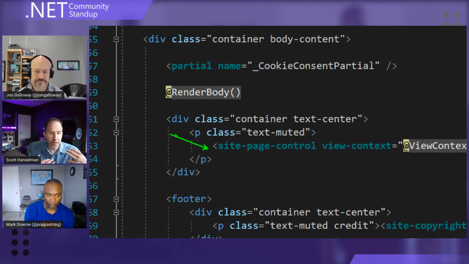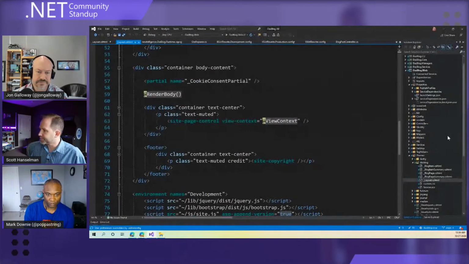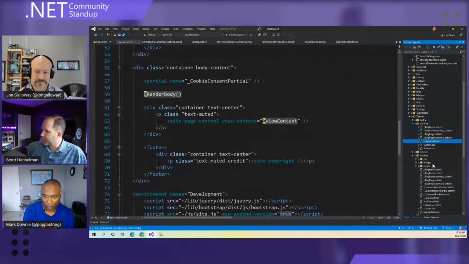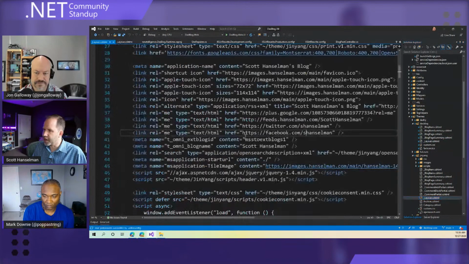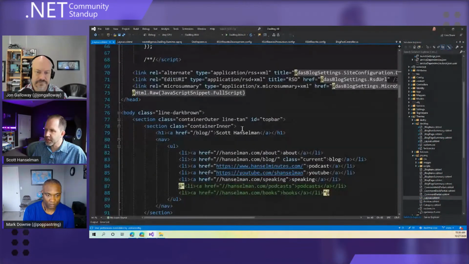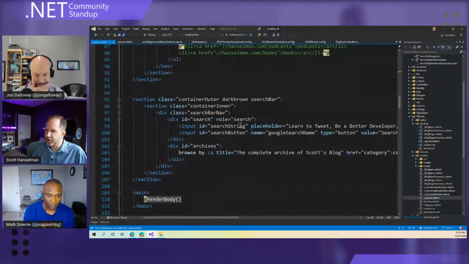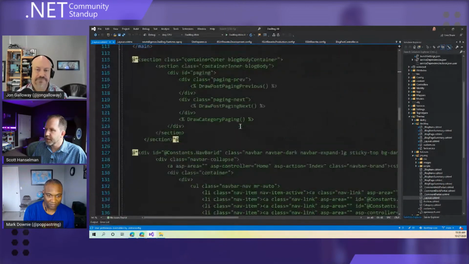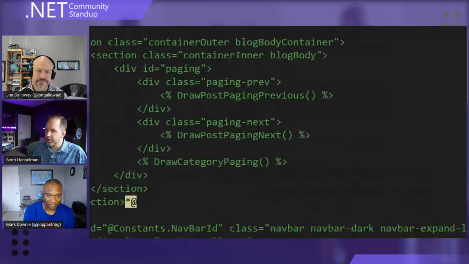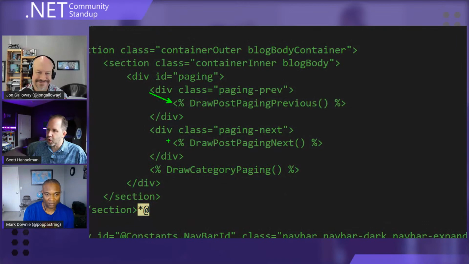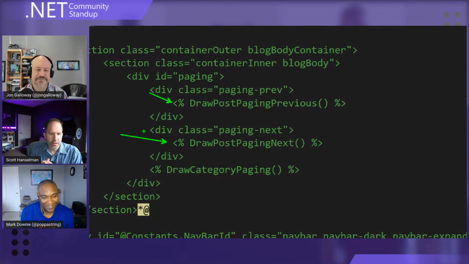So literally all I did was take my themes. Here's one of my themes that was done by a designer that I hired named Jin Yang. And Jin Yang was actually one of the original designers at Stack Overflow. And I used to do things like this. This is old DOS Blog code using a custom macro that we did. So I don't know, Mark, when you had the epiphany, but you figured out that I should write tag helpers for these. Yeah.